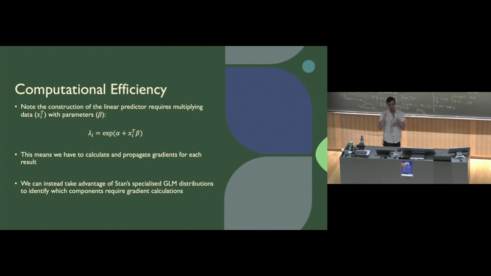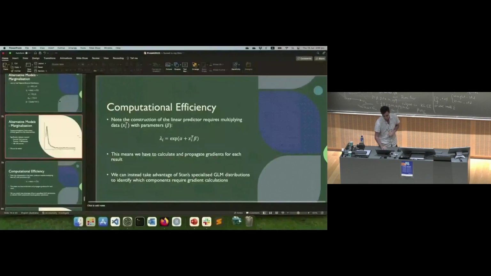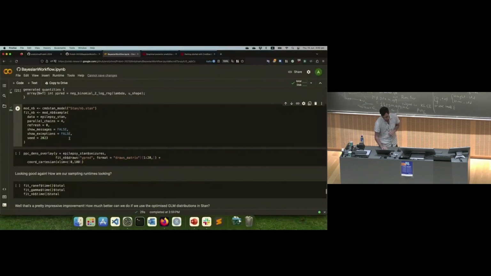what we can do is use a specialized GLM distribution where we pass each of these terms individually, and Stan knows that we don't really care about gradients with respect to x because it's data. We're only going to calculate gradients with respect to alpha and beta. We're not going to go through that process of propagating the gradients all the way through. So if we have a look at our notebook,